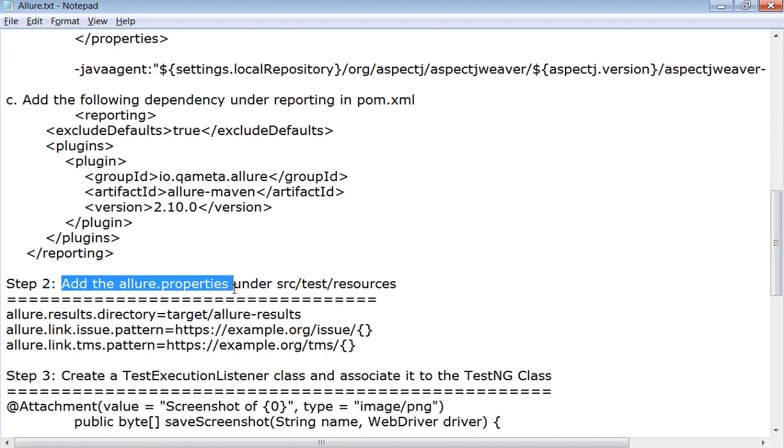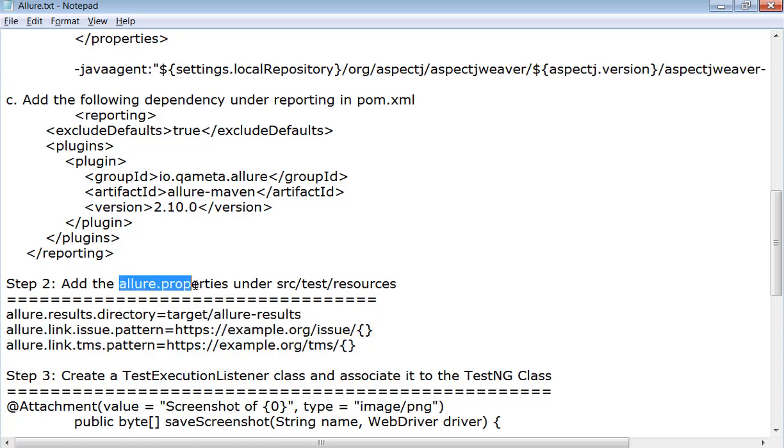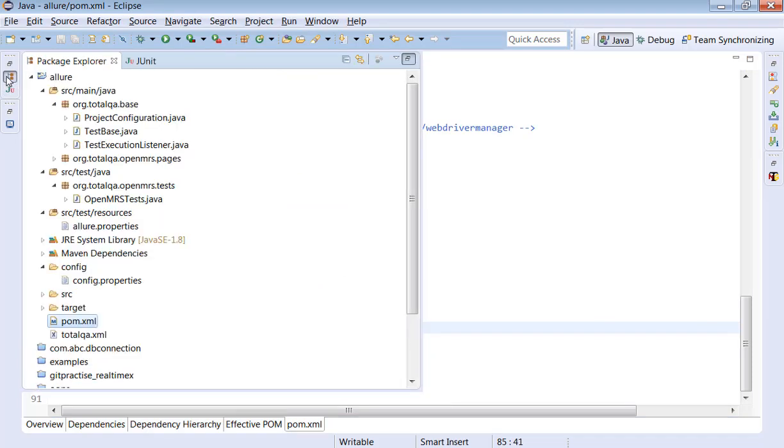Add the allure.properties under src/test/resources. So we have to create a directory. Under this directory, we have to maintain this information in the allure.properties. Okay, now let me go back to the project. In the project, we have src/test/resources. Under that, we have